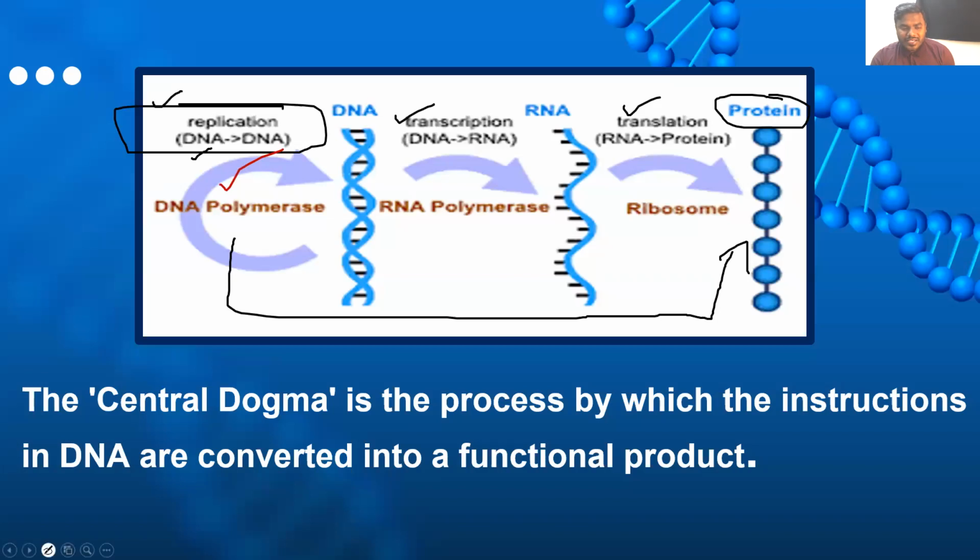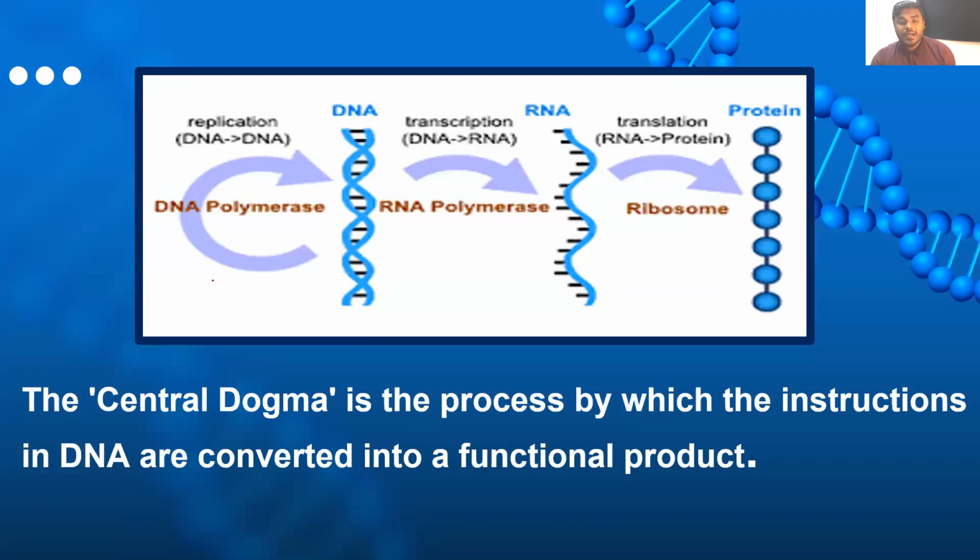Now the question arises here: sir, you said that DNA is the most important molecule involved in the synthesis of protein. That's absolutely fine. Then if DNA can synthesize the protein, why is it not involved in the synthesis of protein directly? Instead, why is it synthesizing RNA as an intermediate molecule instead of synthesizing the protein directly? That's not possible, my friends. Why is it not possible? The reason is that our DNA is a very highly stable molecule.